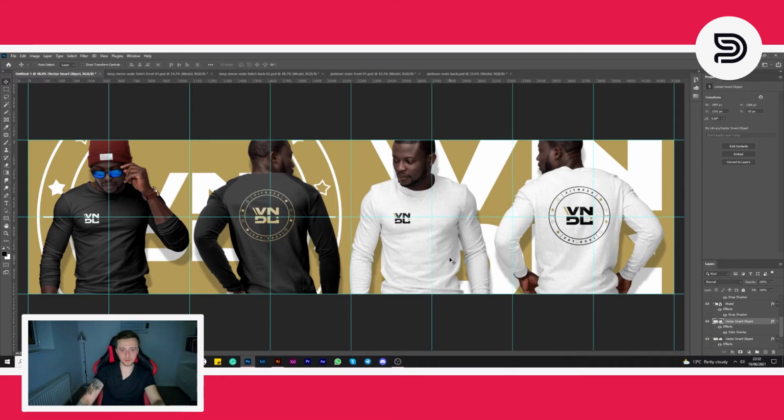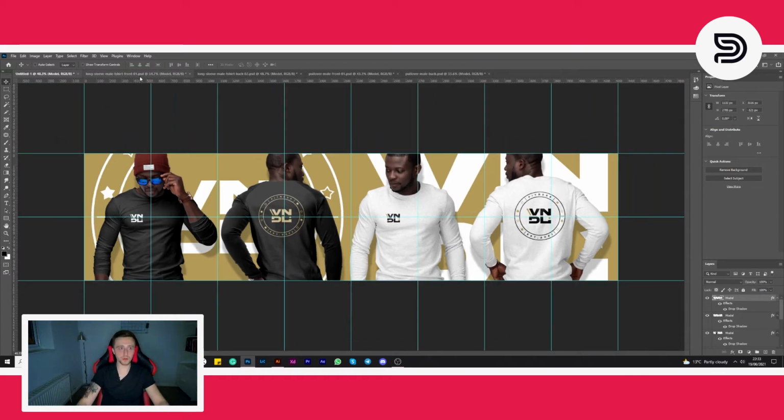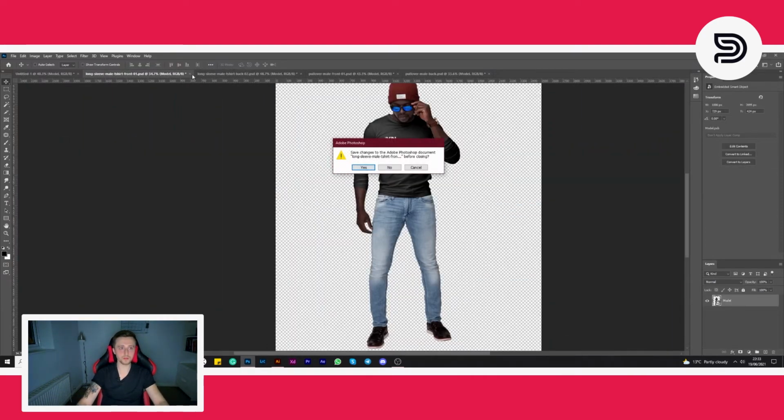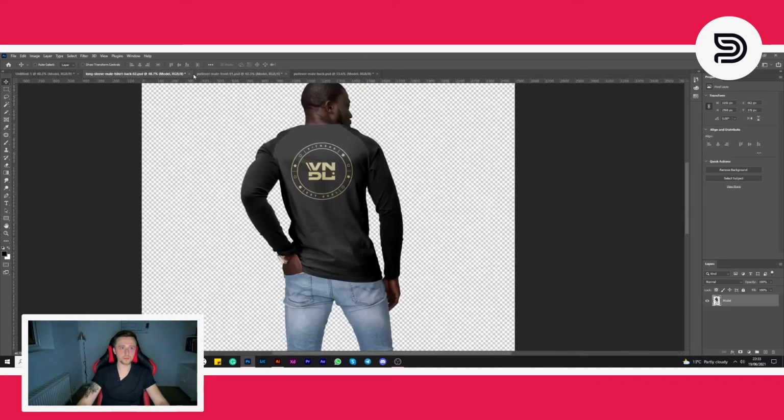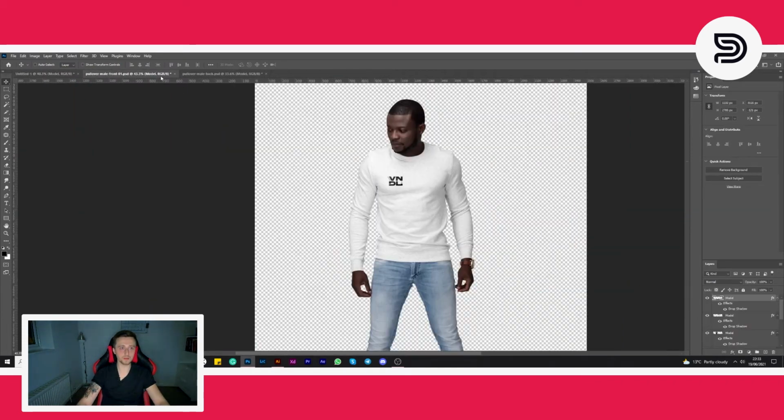And then in some of these, like for example, this guy here stood with his back facing me, he's got his arm covering partial amounts of the slide before. So it just creates kind of like a seamless effect. And you'll know when you're creating this sort of thing, when you actually go to post it and scroll through it, you'll realize it does look a lot more seamless than